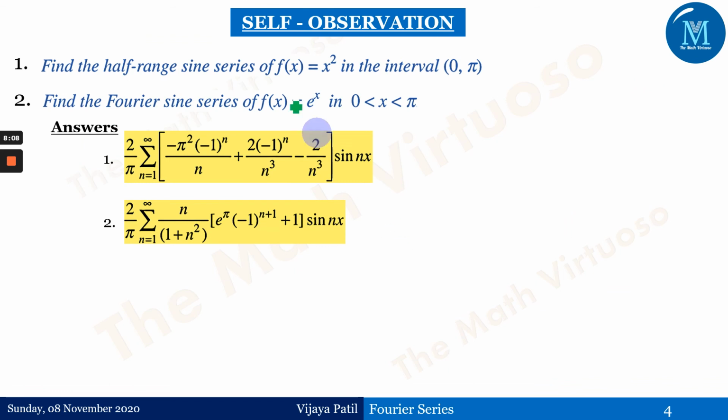Okay, then it comes to the self-observation slide, wherein 2 questions have been given to you along with the 2 answers, and purposely I'm giving you functions like the trigonometric and everything together. So one is an exponential function, and one is the algebraic function x squared. It's from 0 to pi and 0 to pi. The answers are there. Please do follow the session which we have just now discussed. Try to solve these two questions independently. Pause the video wherever you want to pause it, and try to get the next step.